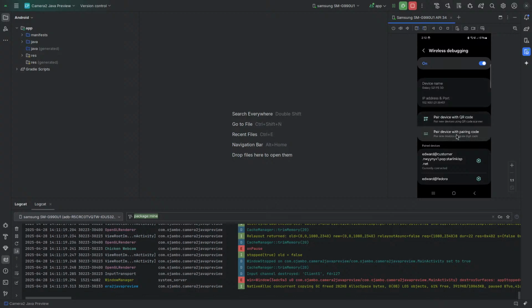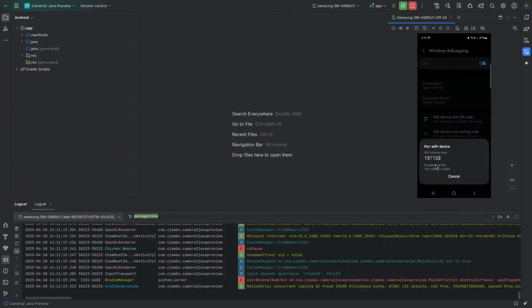So this is the one I chose, pairing device. You see it's already selected here. So this is the one you did. So when I click on this, you see it will give us this 6-digit code. So this is the code that you enter in the Android Studio there, and then you'll be able